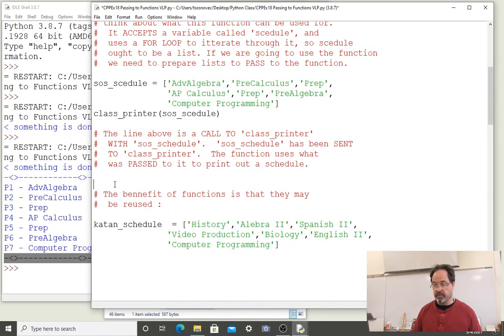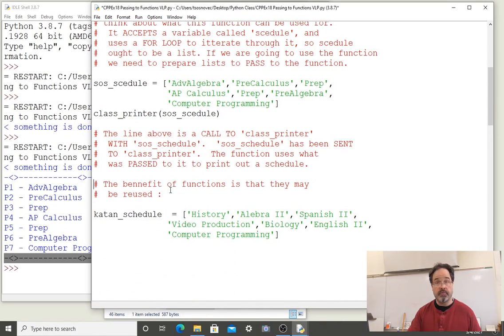The benefit of functions is that they may be reused. So I wrote a function called class printer, and I sent to it a list, but I can reuse that code, the class printer code, and simply send it a different list. I can call it again,